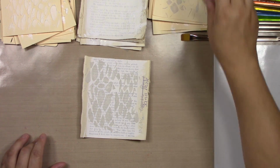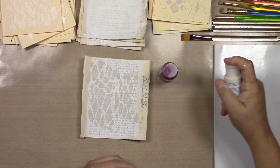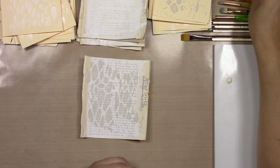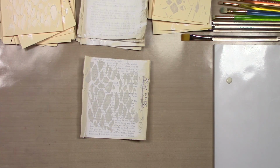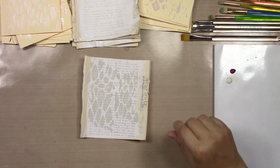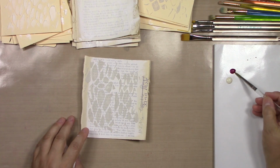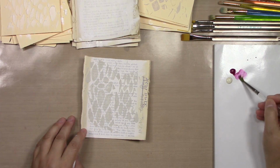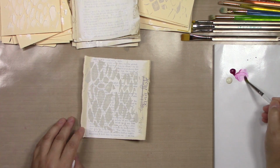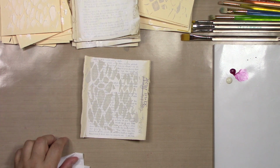what can we use? Well, let's use the Titan Buff and Crackle Magenta, just so we can see how it takes paint. I'll just use the Titan Buff for this one. I lied. And I'll take a little brush. Let me just take a little round brush. Let me get my paper towel. So because the Quinacridone Magenta in the Media Fluid acrylic line is so powerful, I want to make sure that